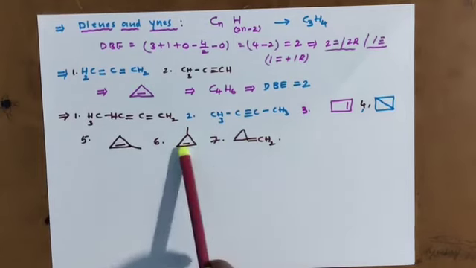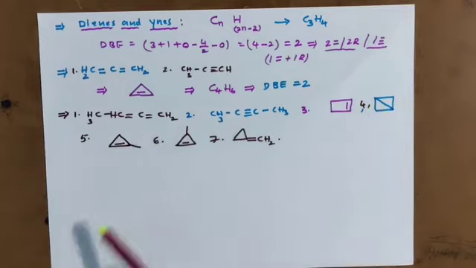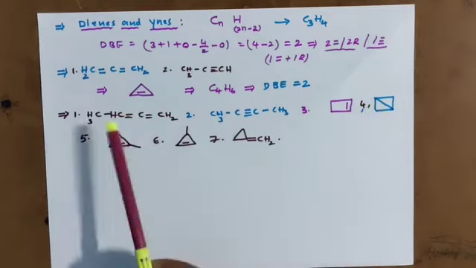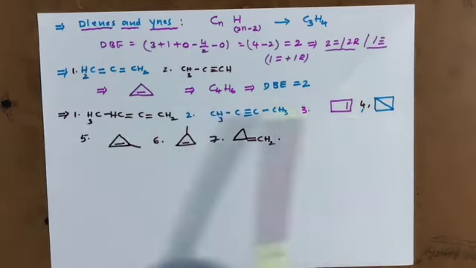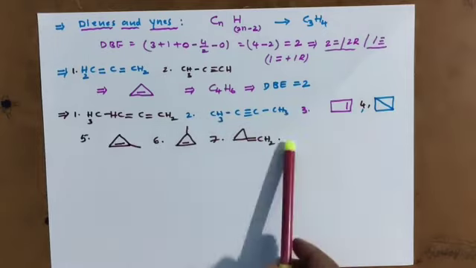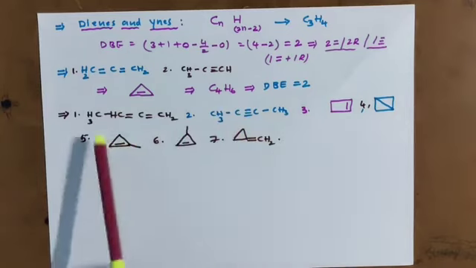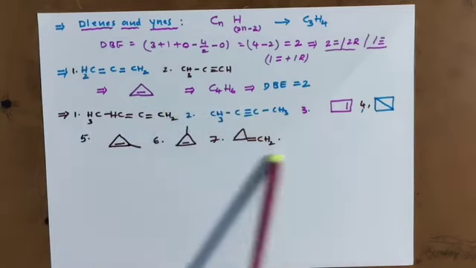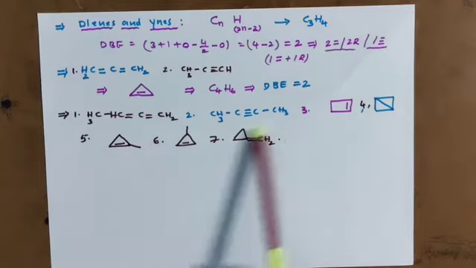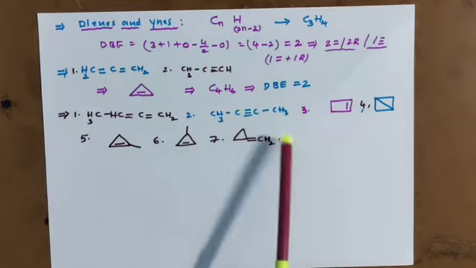Ring double bond, ring double bond, ring double bond. 2 rings, ring double bond. Total how many did we get? This is the total structural isomers along with functional group. See, 1, 2, 3, 4, 5, 6, 7. 7 structural isomers along with diene and ene functional groups. So these 2 are functional group isomers, and the remaining are structural isomers. Functional group isomers are also included in structural isomers.